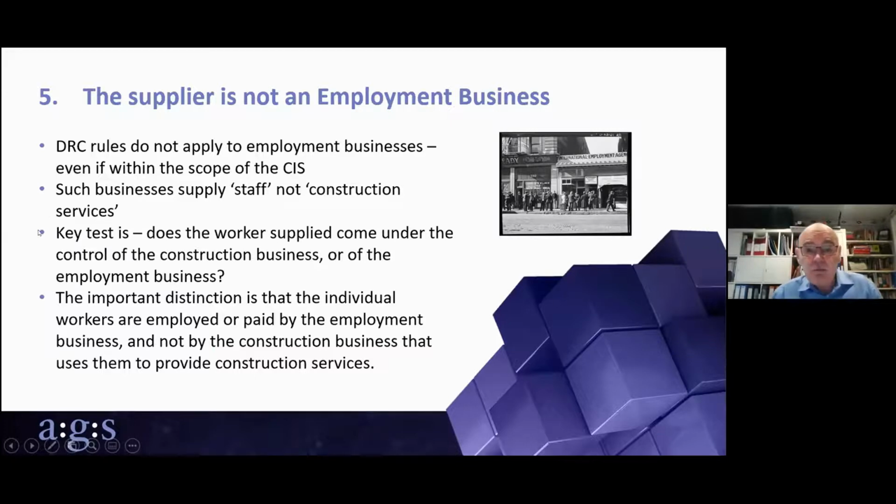Going on to condition 5, that is that the reverse charge rules do not apply to supplies from an employment business, even though this is something that would normally be reportable under CIS. Obviously, sometimes construction workers are supplied to construction businesses by an employment business. And where this type of worker is being paid by the employment business supplying them, then they are being employed by that employment business. And for that purpose, for the construction company, it's a supply of staff they're receiving, not a supply of construction services. And therefore, they're not covered by the reverse charge. Normal VAT applies.